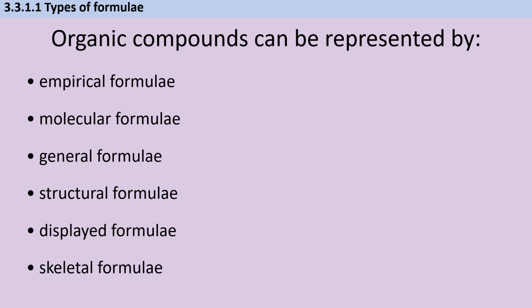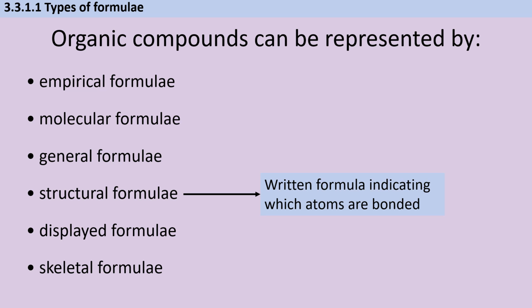Next up is structural formula. So when we looked at molecular formula, I mentioned that separating out the OH functional group would count as a structural formula rather than molecular. So the structural formula is when we write out the formula in a way that shows which atoms are bonded to each other. So for instance, CH3OH, that would be the structural formula, whereas the molecular formula would just be